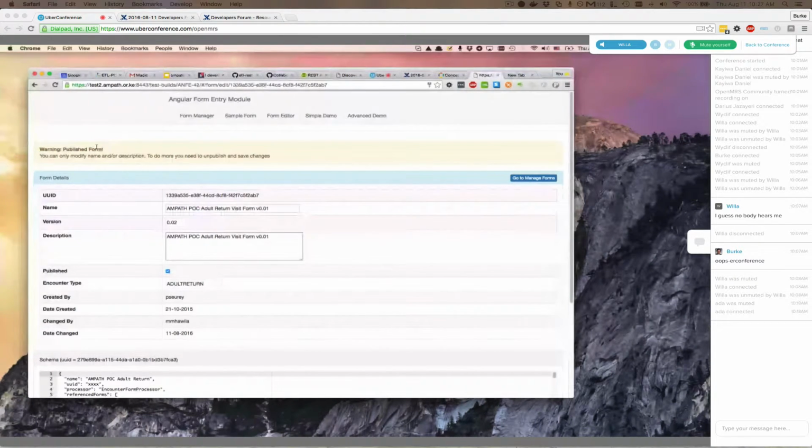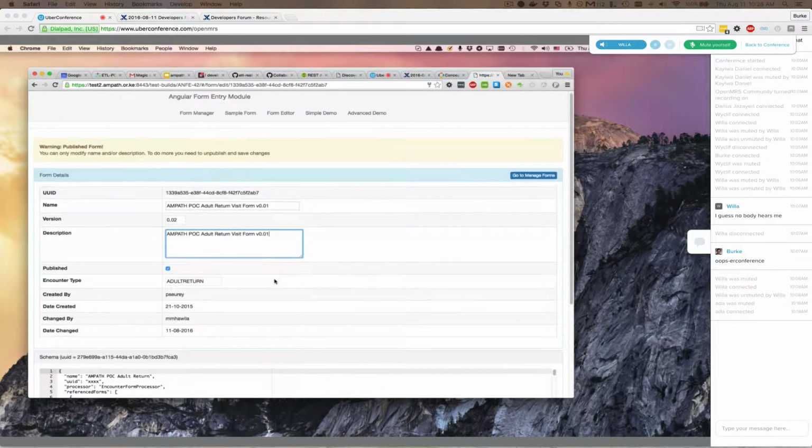So when the form is published, you get a warning that it's a published form. There are only some things you can change. I don't know why this is so. You can modify the name and or description. I see. Okay. So in case there's some error you made when typing, you can modify that in the description. But otherwise, everything remains the same.